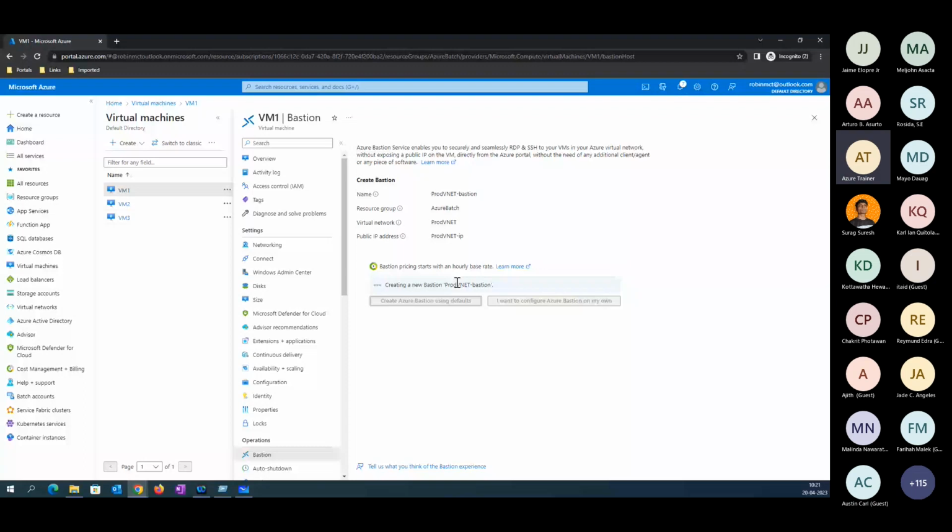Normally it will take 3 to 5 minutes. We have to wait because this is doing a couple of backend activities, which is the reason it is taking time.